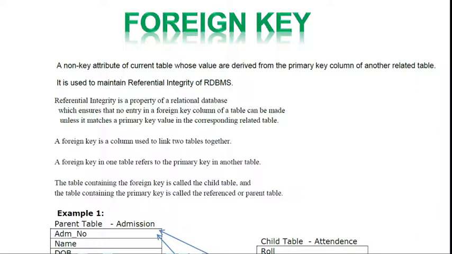The foreign key is a non-key attribute of current table. Non-key means less important. Attribute means column. So you can say it is a less important column of current table, means any table that you are using presently. The importance of any column depends upon the redundancy of the data.